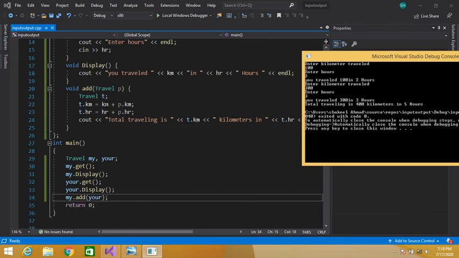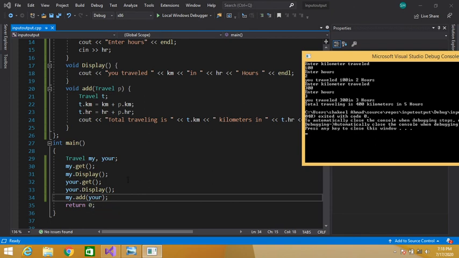And this p we have passed as an object parameter. So this p.km and p.hr are the data members of the parameter object p, that is the second object.